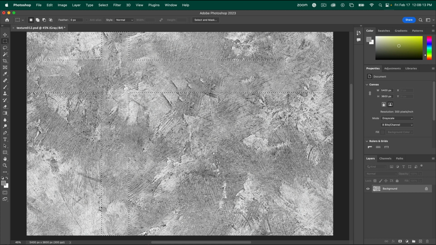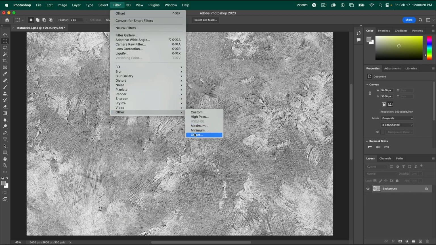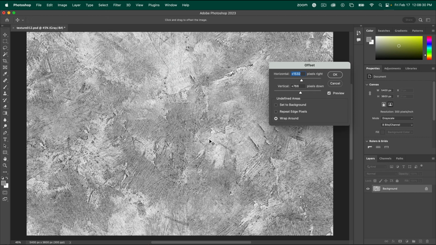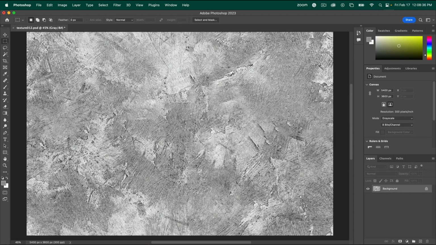It samples everything that's not selected and takes pieces of it and puts it inside. And so now I can deselect. Command or Control D will deselect. And so now I'll do the offset again. Filter, Other, Offset. And what I'm looking for is places where there are hard, straight edges,